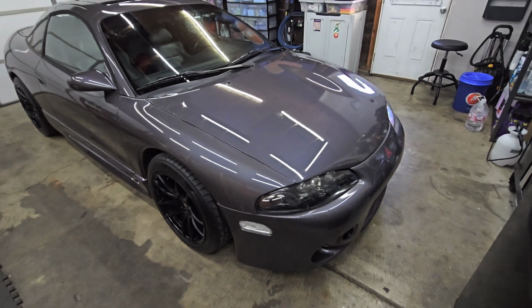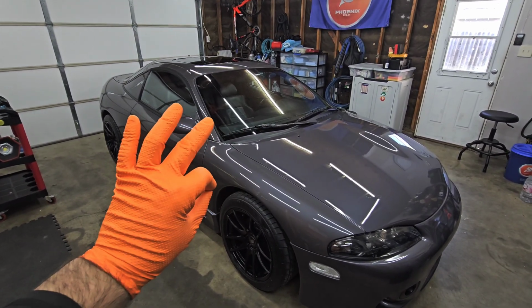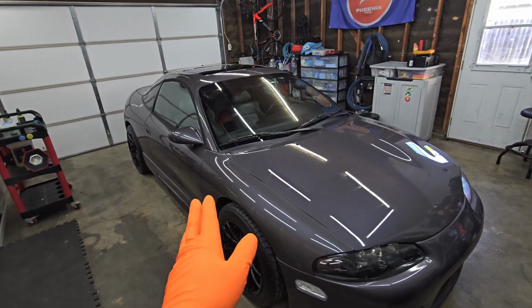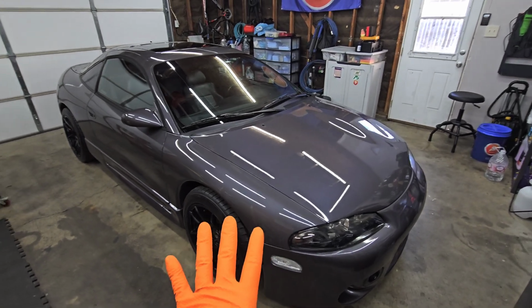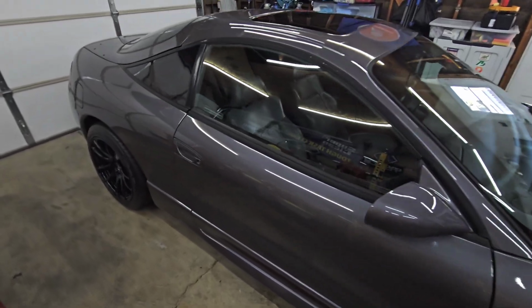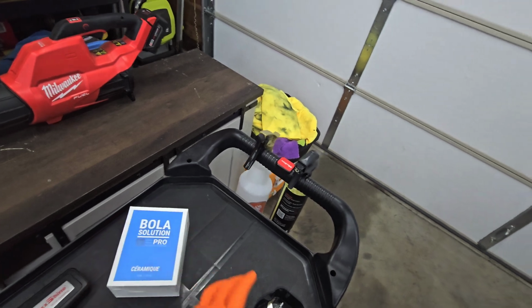But look at this thing. Thing looks incredible. I was going to coat the glass with it, but I'm not going to do that. I have the Geon View Evo that I'm probably going to put on the glass. But we've got the first process done. Now I'm going to wait. It says it can be topped in 30 minutes, but I'm going to wait about an hour to let it cure. And then we're going to top it with the Aqua Shield Max right here,